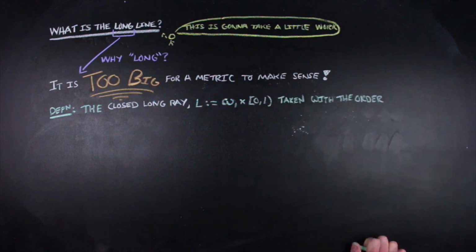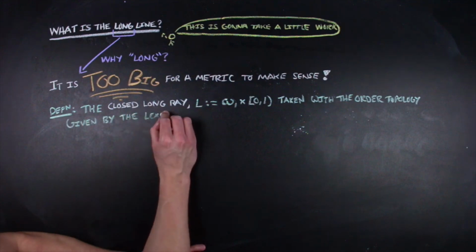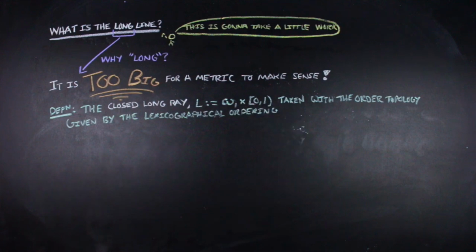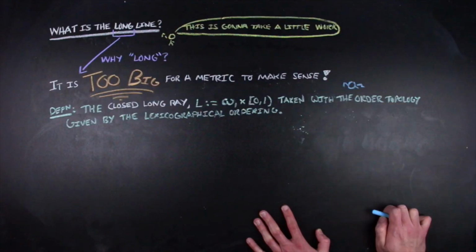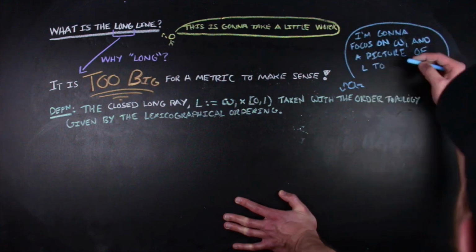This is just a set, but it's endowed with the topology granted from the ordered topology given from using the lexicographical ordering on ordered pairs that describe points in the long ray. So that's a lot. That's a little bit jargony and not great, but we're going to focus on what omega-1 means and then use visuals to